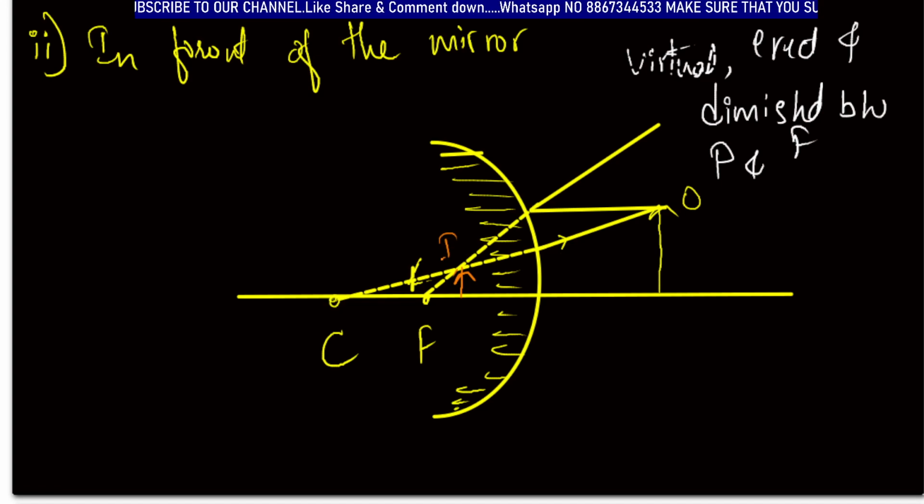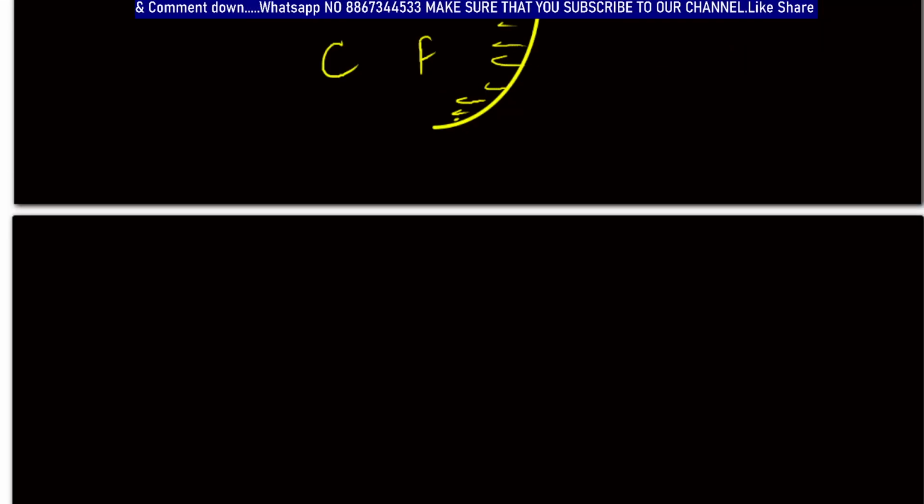So this is the image formed between P and F. So these are the conditions of reflection at the spherical surfaces of concave mirror and convex mirror. The last topic over here is